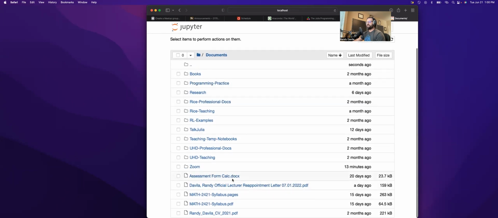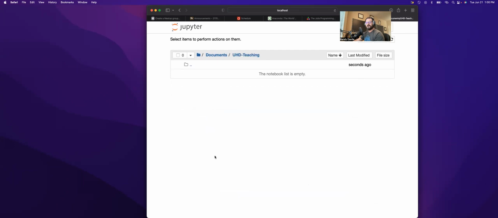And then I see a bunch of my folders here. Maybe I'll go to UHD Teaching. Again, these are all local to my machine. It's going to look different on your machine. And I'm in a place where I want to put some Jupyter notebooks. So now that I'm in here,